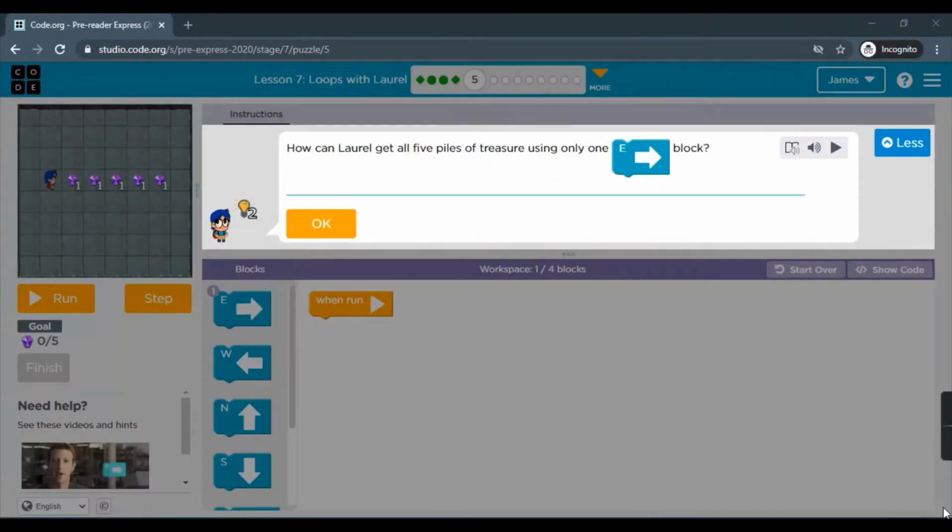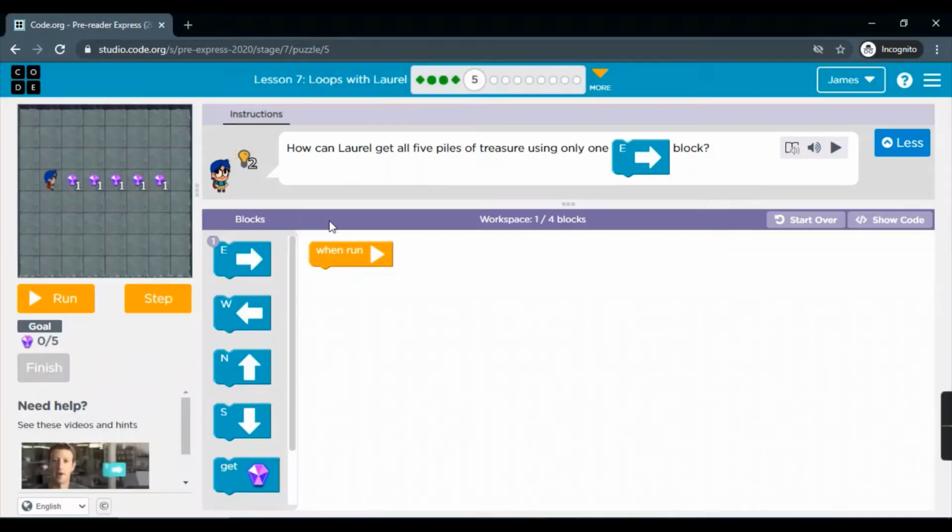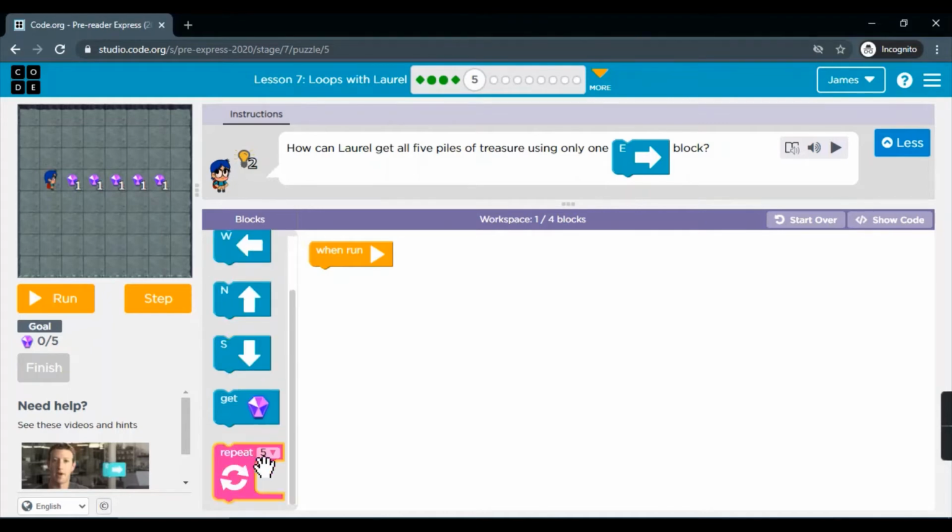Puzzle 5. How can Laurel get all 5 piles of treasure using only one east block? Okay, we all know the answer. We can use the east block only once when we use the repeat block. So we'll use the repeat block.